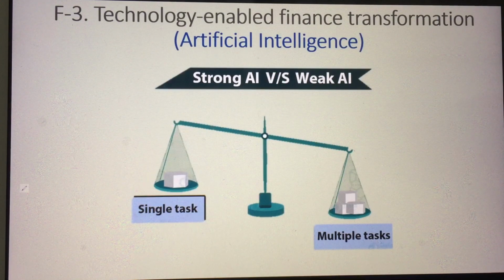Because if you look into the definition of strong AI, it is really like human brains, that it can decide on its own. But we don't have that yet. iRobot maybe. If you watched the movie iRobot, that's an example of strong AI. But let's be very real here. It isn't existing as of right now. And I'm hoping it won't exist, because it's very scary. I'm so scared. I don't know, it's just my perception.